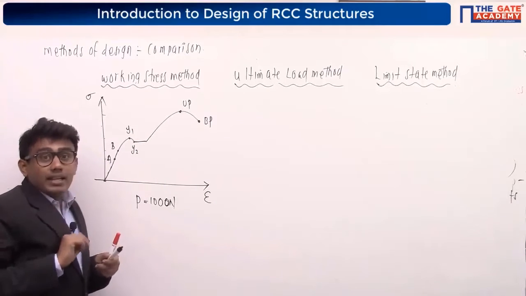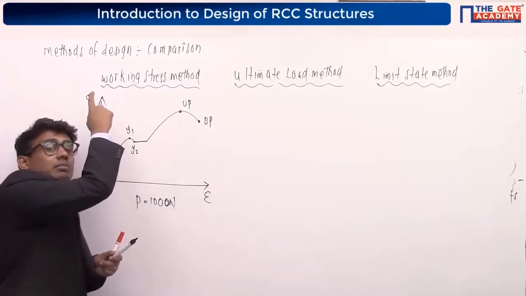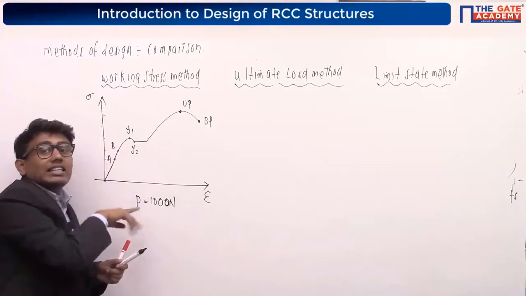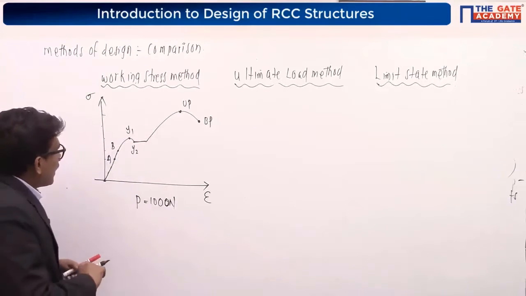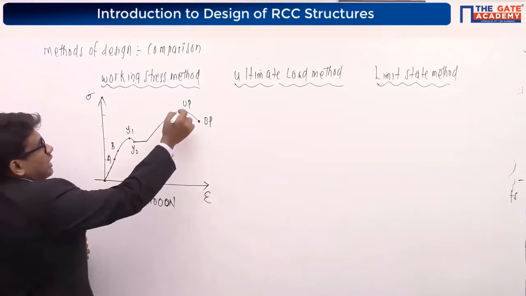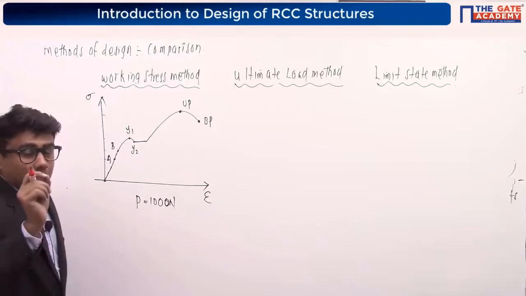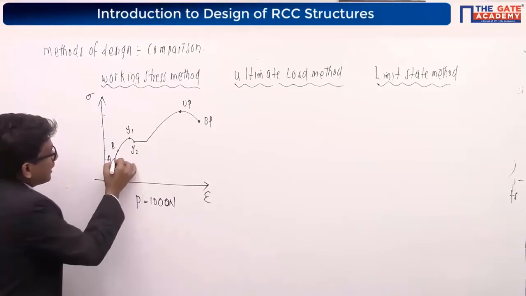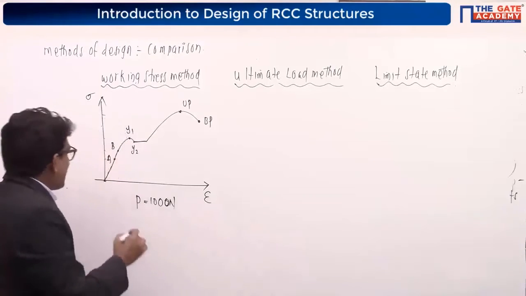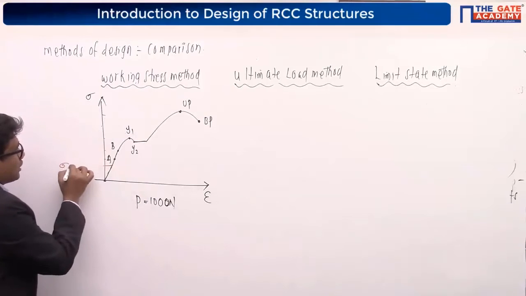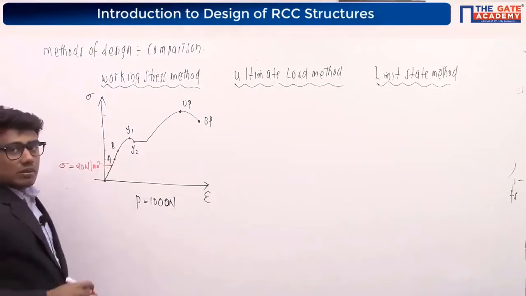Yes, the ultimate point or ultimate stress point will represent one stress value here. This is the maximum stress which the material can carry. But in working stress method, we are going to consider a stress value. We will not consider this maximum stress which can be carried by the material. In working stress method, what I am going to do is take a stress value within this elastic limit. Within the elastic limit, I am going to consider a stress value. For example, suppose this stress value is 20 Newton per mm square, which is within the elastic limit of the material.